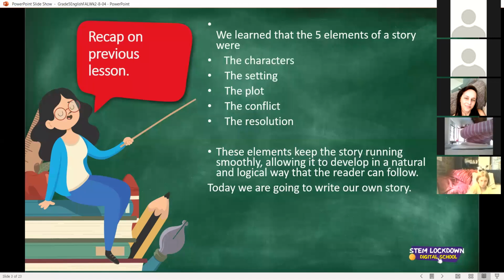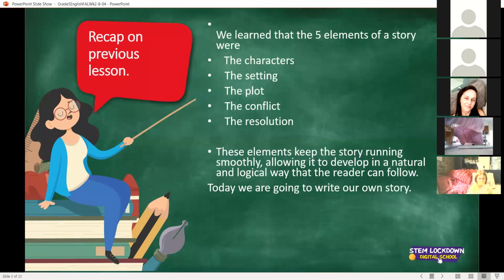Okay, and then we have the conflict. The conflict in the story is something that happens that changes how the story could end. So it could end positively, it could end negatively. It depends on the event that happens, the conflict. Now, the resolution, it's a very big word, but I'm sure you've heard of the word conclusion. Now, the resolution means the same as conclusion. So conclusion is how the story is going to end. Okay. So characters is who, setting is where, plot is what, conflict is what happened, and resolution is how it's